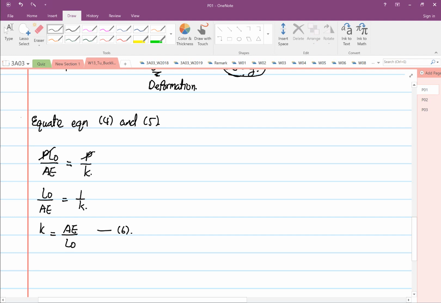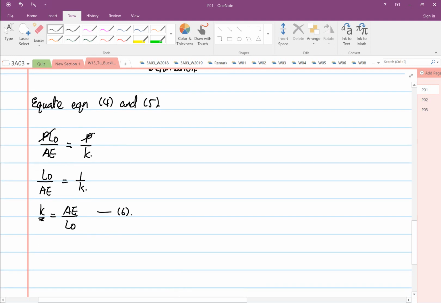So from here we can see that the higher or larger your area and Young's modulus, the higher your stiffness. If you have longer L naught, the stiffness will be reduced. However, unfortunately, in buckling situation,